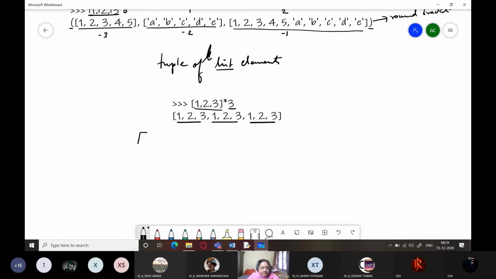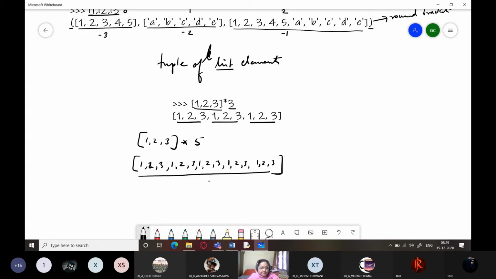So this is it. And if you multiply by 5, it will be repeating how many times? 5 times. Right? So 3 into 5, how many? 15 occurrences you will get.